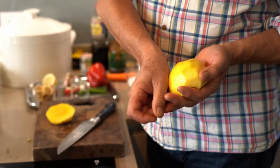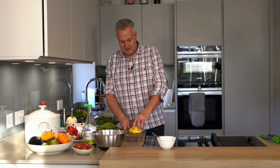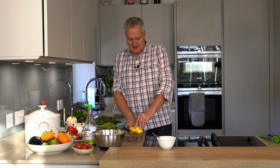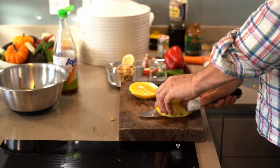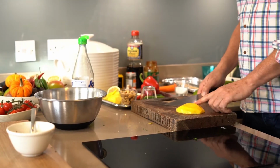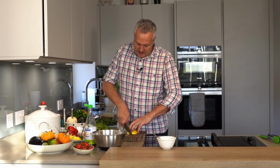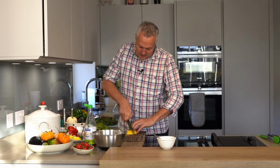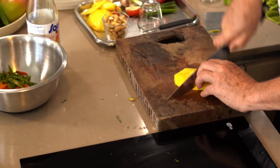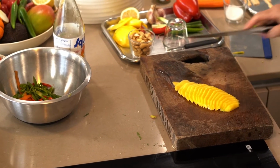And if I turn it round and put it on the board, you can see I can do the same thing this way. So I'm cutting up slightly and then round to follow the shape of the stone. So we're going to take the mango and then just using a sharp knife, cut it into strips, and you can see the strips like so. Okay,